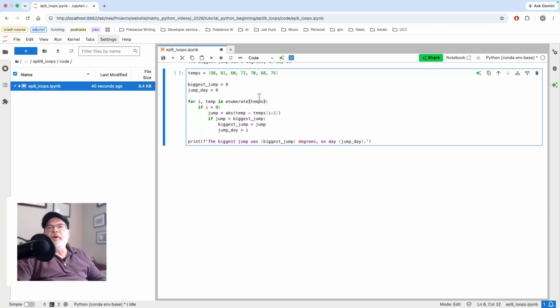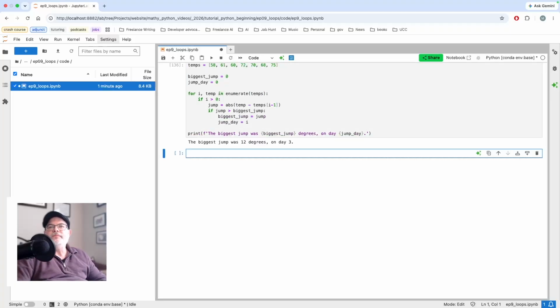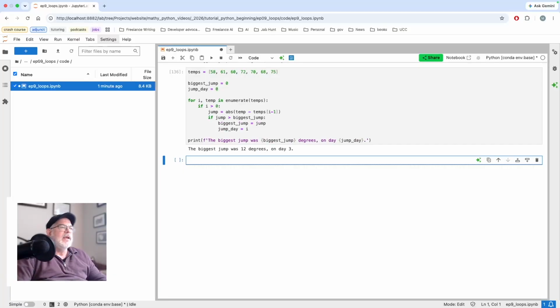And then that will return the temperature, the next temperature, and also its index. Okay, still works, gives the same answer. So I got rid of the i equals 0, and I also got rid of the i plus equals 1 line. We could also